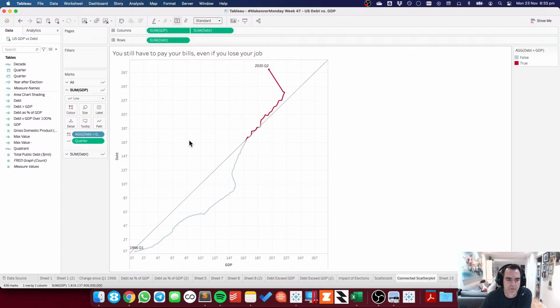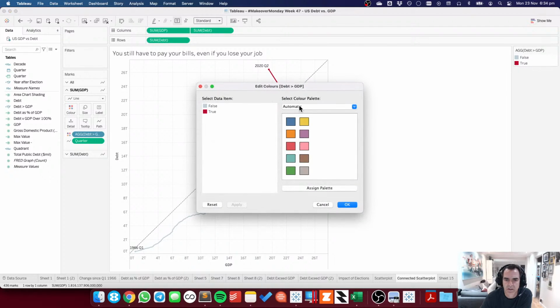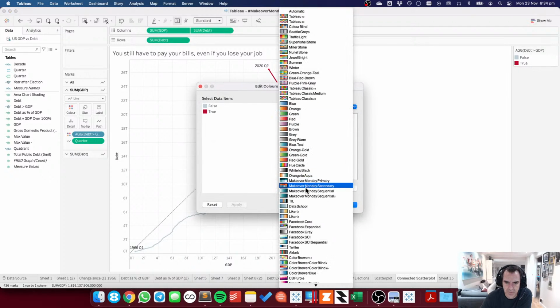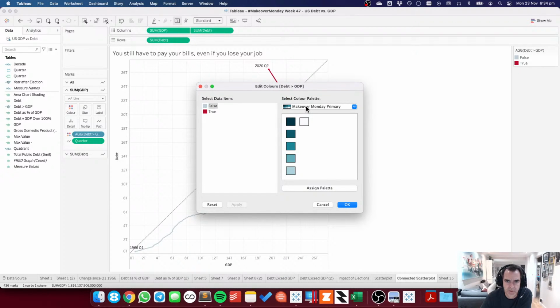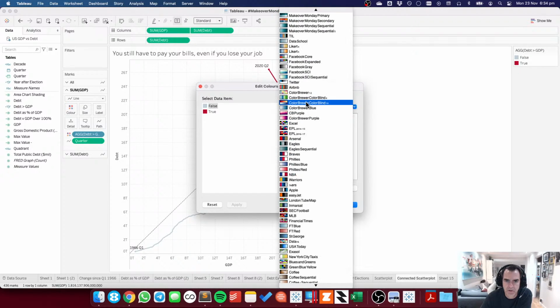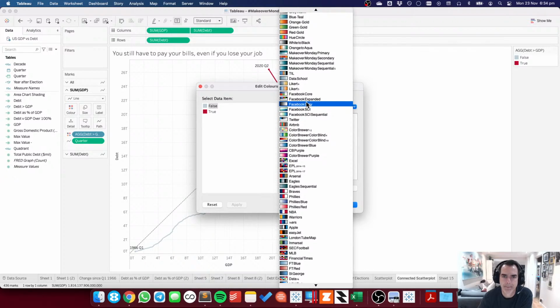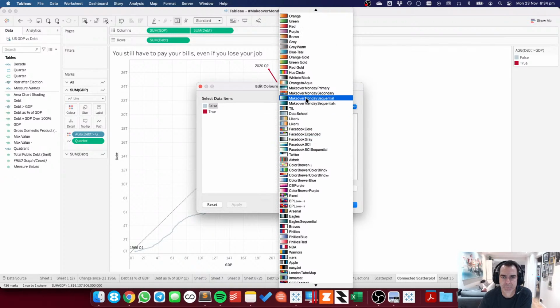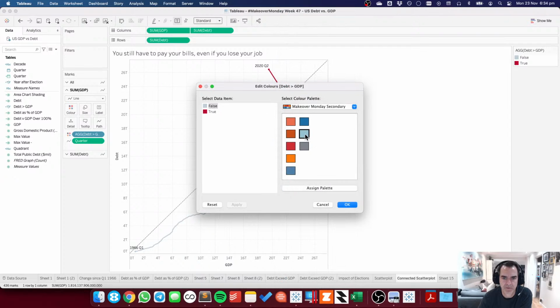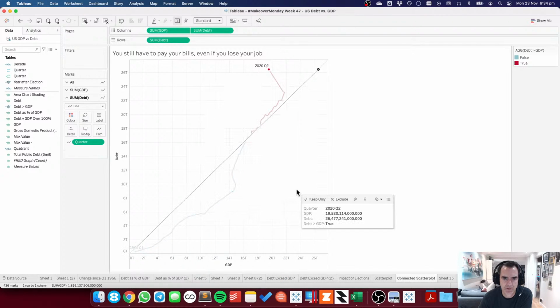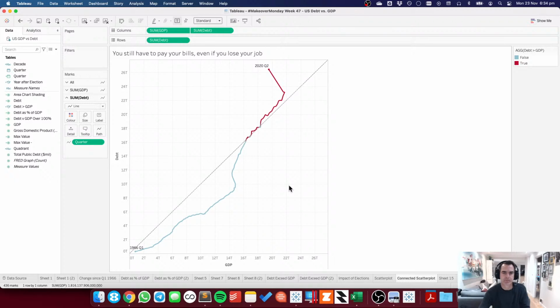Okay, so now maybe I should make the false like a lighter blue or something. Maybe I'll make the false like a light blue. Yeah, now we can see when the debt.